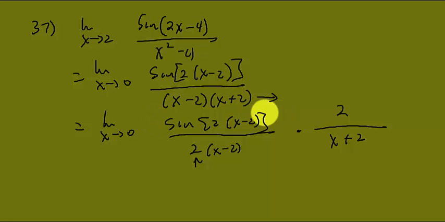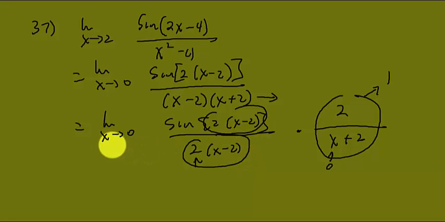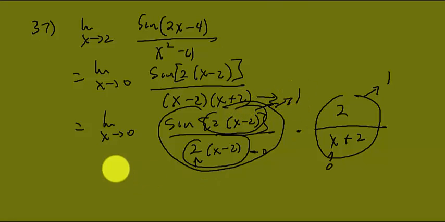Alright, now we can actually plug in a value 0 for that one, so this part here is going to go to 2 over 2, which is equal to 1. According to my theorem, since this matches up with this, and when x goes to 0, this whole thing here goes to 0, and this whole inside there goes to 0, so my theorem says this whole quantity here goes to 1, so that's going to go to 1. Last one,